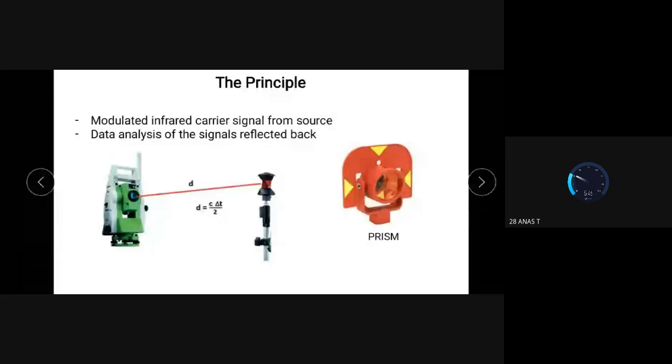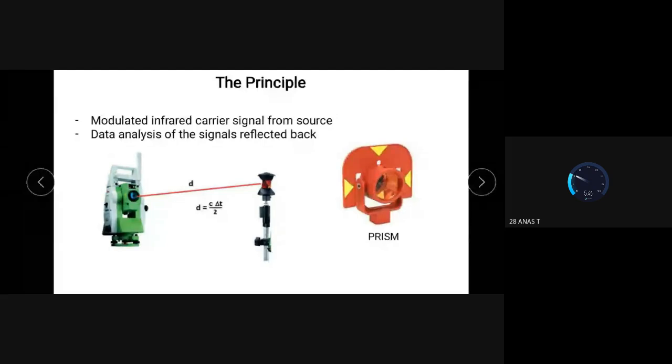So infrared rays are being used for finding the distance. Calculation and all will be carried out in the total station itself. It is set up like that. So using the speed of the infrared rays and the time for which it traveled, it will find the distance from this instrument station to the point A. So hope you understand. The infrared rays are being used in order to find the distance, and it will calculate the distance like that.